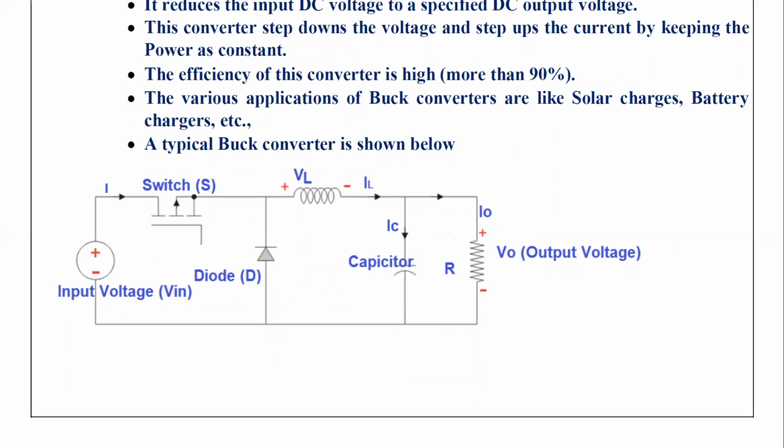For turn on and turn off, one has to switch on and switch off the circuit. During the switch on condition, we call it turn on. During the switch off condition, that means the switch is opened, that is called turn off time. You can do turn on and turn off manually for a normal system. But when you are considering power electronics, the turn on and turn off will be very fast. That means the switching frequency of a particular switch is very, very high.